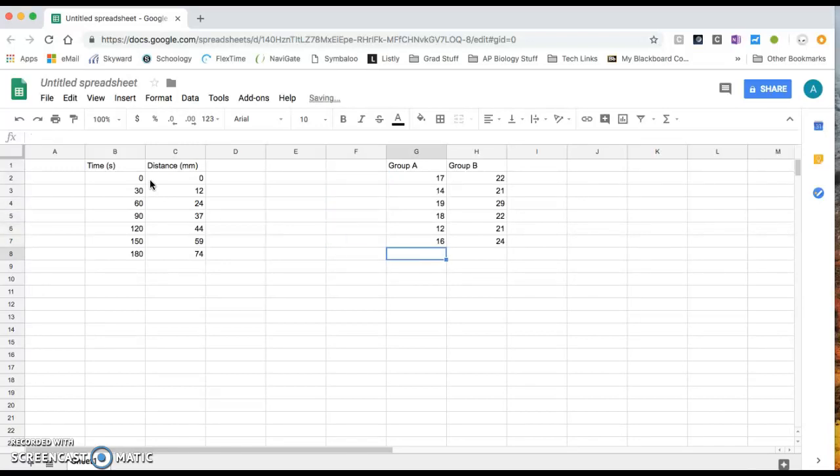What you're interested in now, notice that in our two continuous variables, 0 corresponds to 0, 30 corresponds to 12, 60 corresponds to 24. But there's no correspondence between these here in our categorical data. So what we're going to go ahead and do is find those